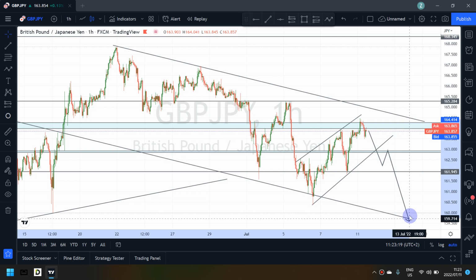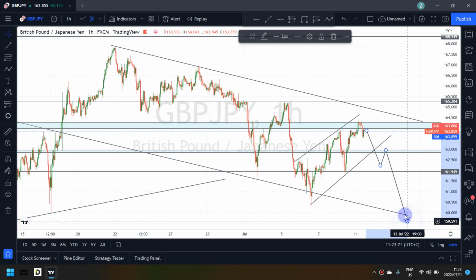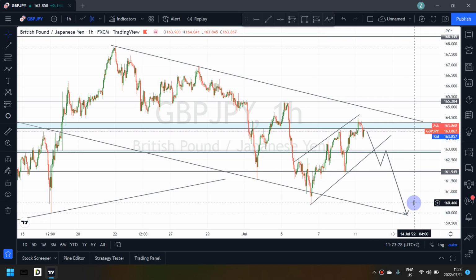If it breaks to the downside, then it would mean that it's a continuation pattern, right? Might either be a bullish flag, or whatever you call it, bearish or bullish flag, as long as I've catered for the selling opportunities,